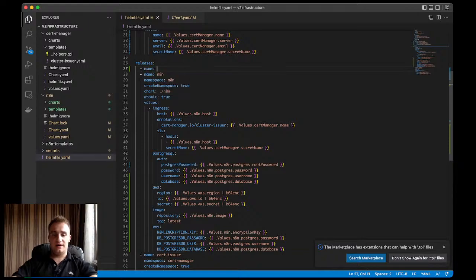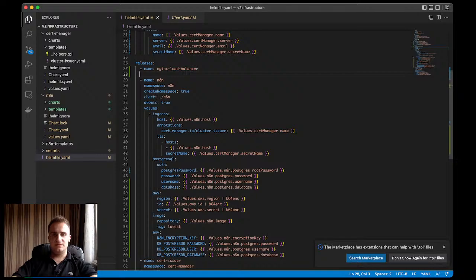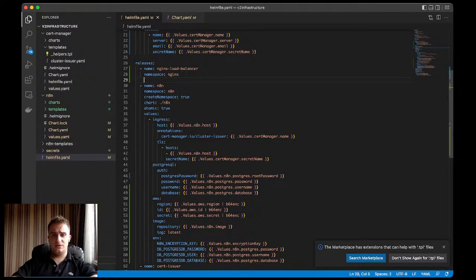Let's call it nginx load balancer. Then the namespace: we're going to create a new namespace called nginx, right? Then we specify, like here, create namespace true. And for the chart,